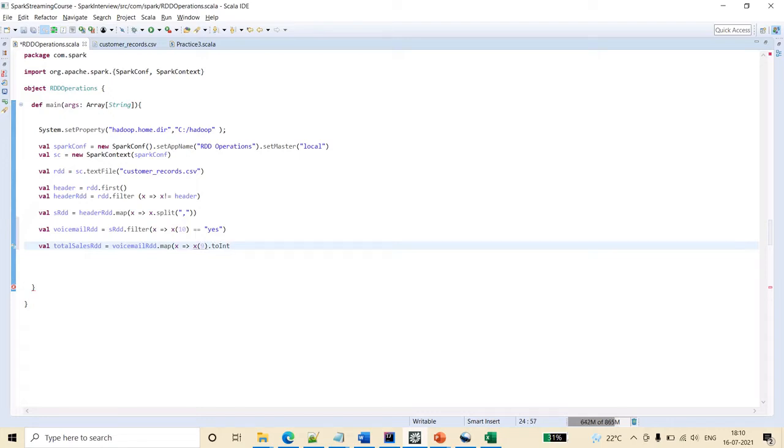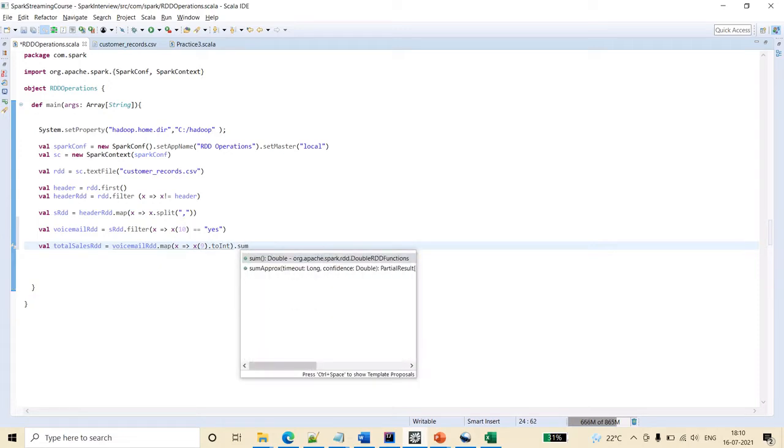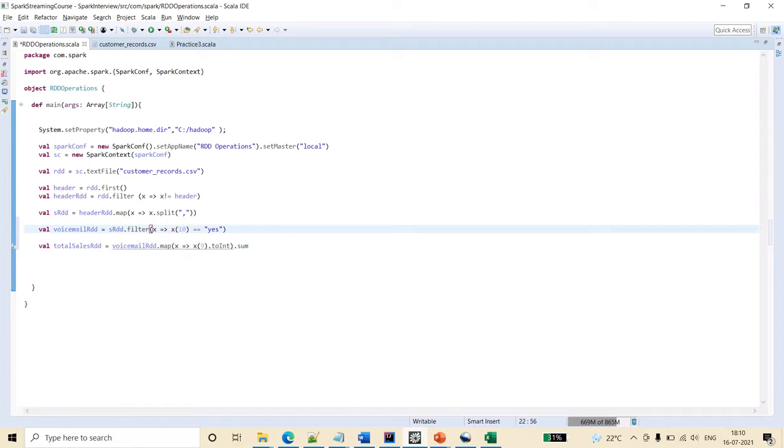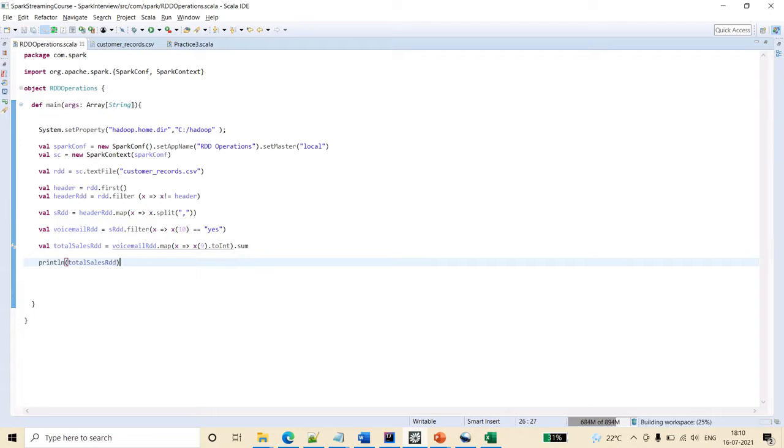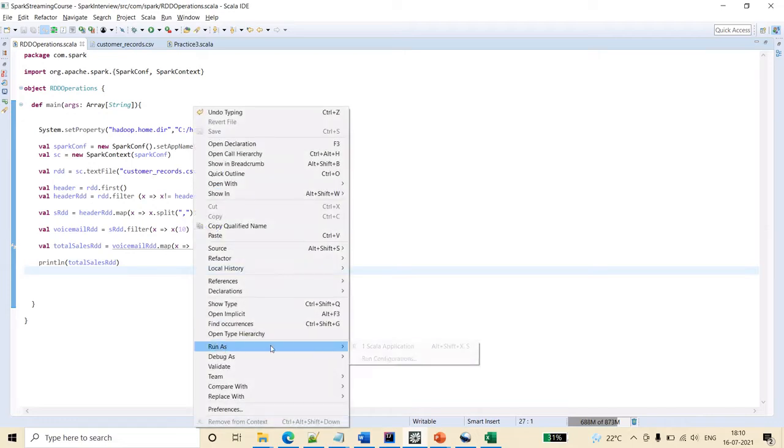We have discussed before why we have to give toInt here, and then I'm saying get the sum, because we need the total sales wherever voicemail is active for those customers. So now let's print this. If you see, the type of this is double, so because of that I'm using println.